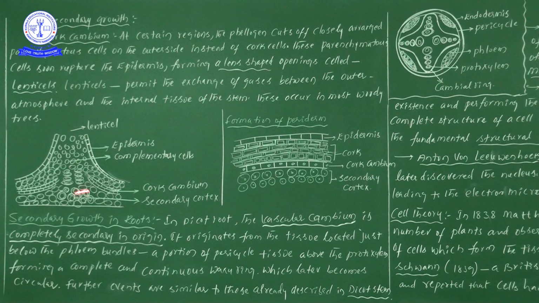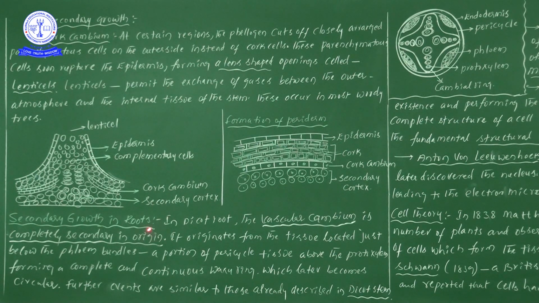Next, let us enter into the most important concept, that is secondary growth in roots. Which one? Secondary growth in roots. Before, what have we seen? We have seen secondary growth in the stem. When secondary growth starts in the stem, automatically the width, or girth, of the stem is increased. So girth will be increased, I will teach now.